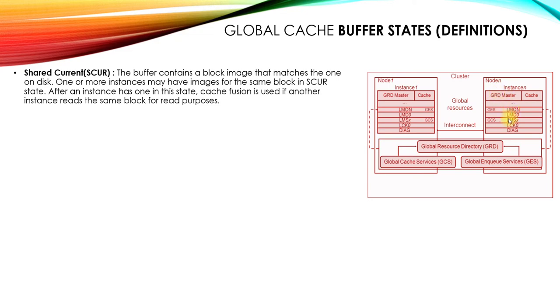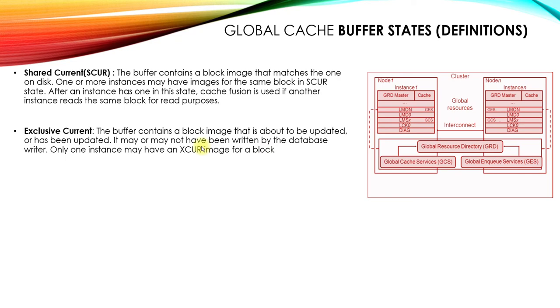So what it will do is use the LMD0 and find out who is the master of that block. It will go and fetch that block and copy it using the interconnect to node 2, and now the user has been served. So there will be multiple versions. This will be shared current and this will be shared current. Both of them are the same versions, having the same SCN, system change number, whatever is defined in the data files. So let's say the data file version of the specific block is 10, then it will be 10 here, 10 here. So everything is the same. So shared current.